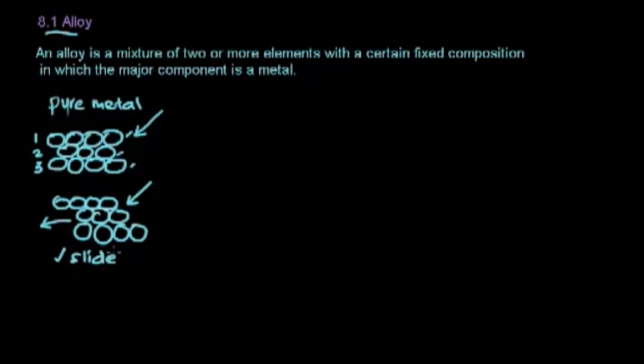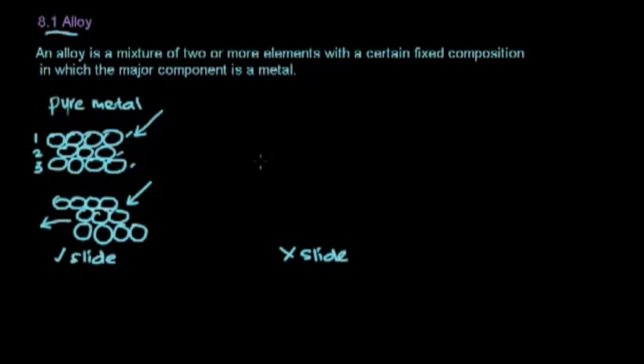Now, think about it. If the metal can slide so easily, can I use this metal to build buildings? No, right? Because the building might start to slide, okay? Or maybe how about to use it to build bridges? Okay, also cannot, right? Because the metal now is not strong enough. So what happens is, in order to prevent the sliding,